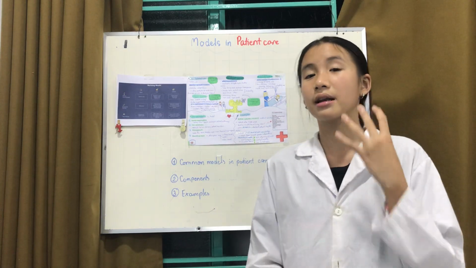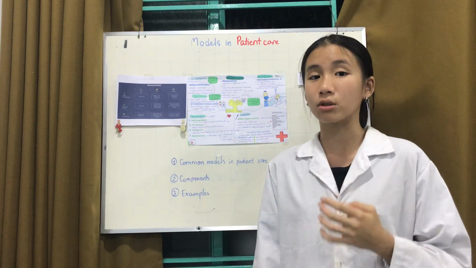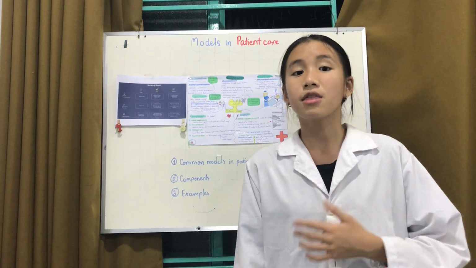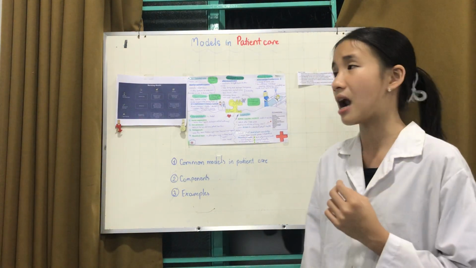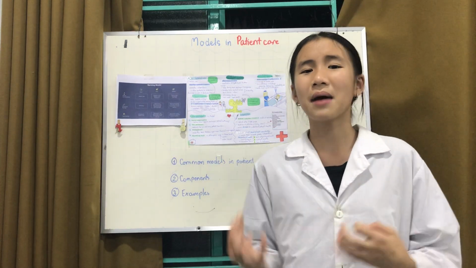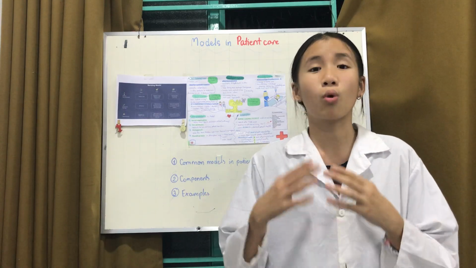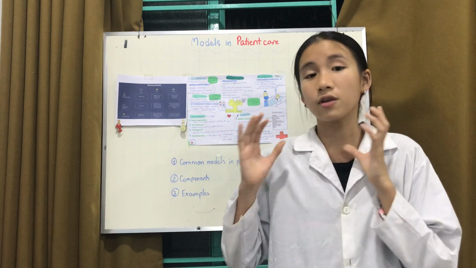Now here on the mind map, I have researched four main models in healthcare. So these are the four main common models in healthcare that I have researched. The first one is person-centered care. Now, person-centered care is basically holistic care. Now, you might be asking, what is holistic care? Well, holistic care is the care for one person that not only focuses